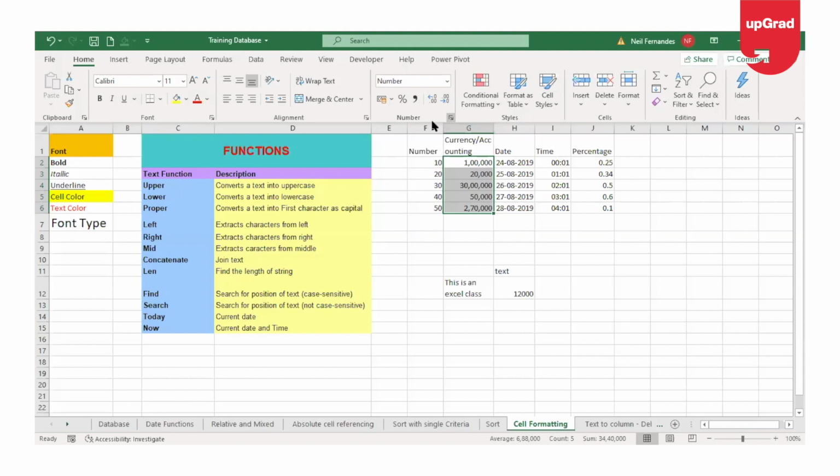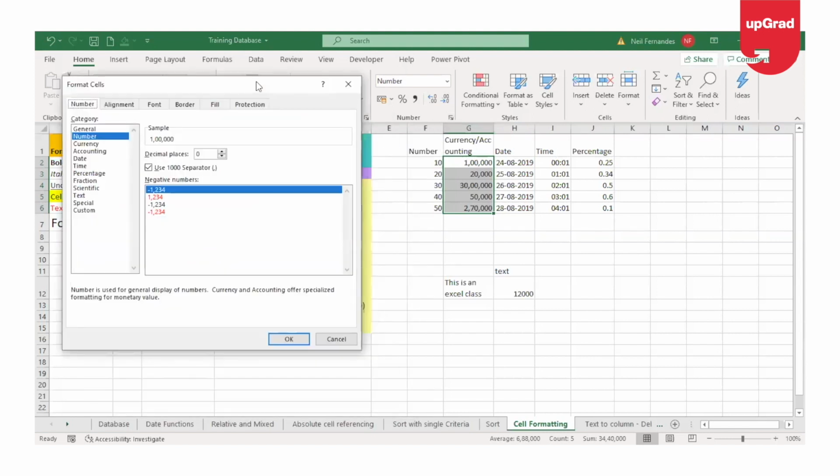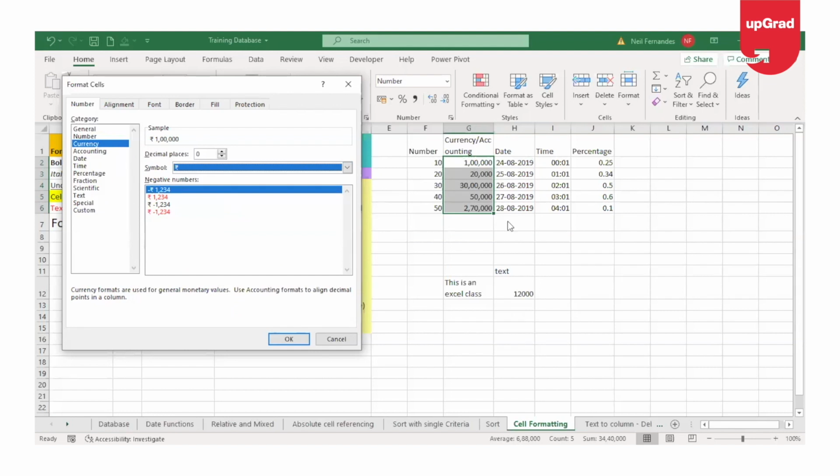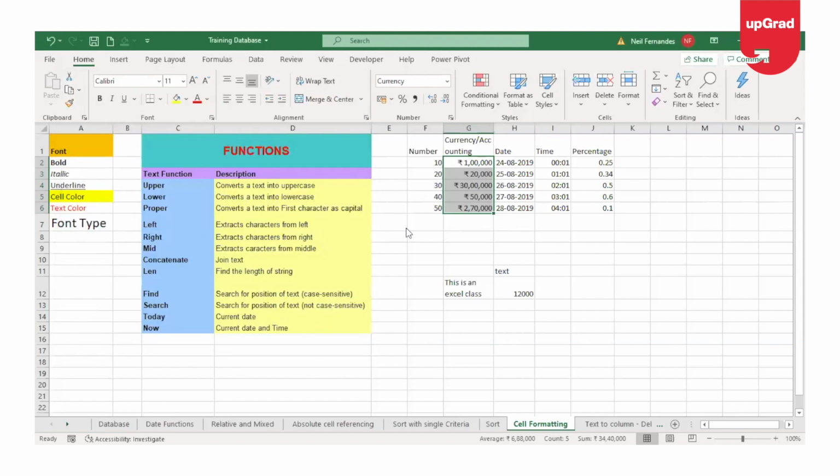Going back to this box, the currency will allow you to format your cell with the number to show the currency that you want that number in. So let's say if I select that cell and then go on to format cell, select the currency. From the symbol, I can select whatever currency that I want to add or show to those numbers. Once I have done that and click on OK, it will automatically add the currency which I have selected to the number. However, when you add the currency to a number, it will be placed next to the number.